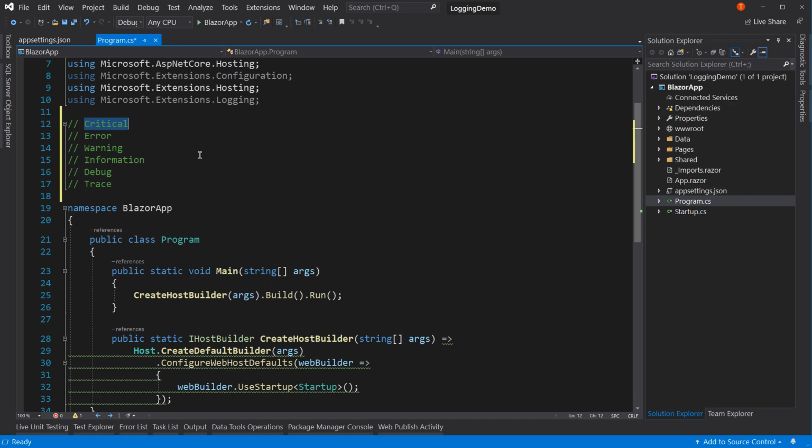And so what you can do is normally run with warning level or higher turned on, meaning only log this stuff. And then if you want to see how the program is flowing and how it's working, maybe you turn on information as well. But then if you have a problem in production where you can't hook up and debug, you could turn on these lower